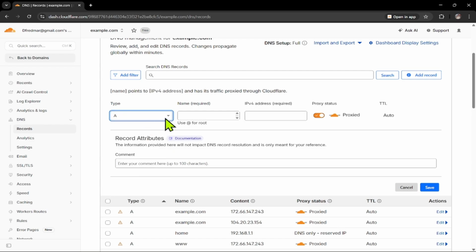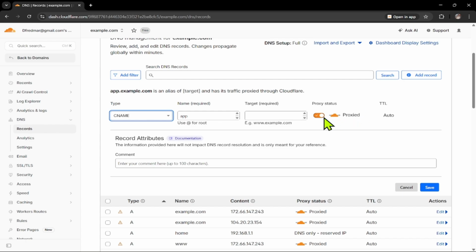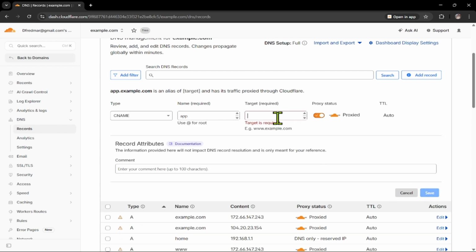points to another hostname. In the name field, enter only the subdomain part. For example, enter blog, not the full domain. Then enter the correct IP address or target hostname for your website. Before saving, make sure the proxy status is turned on. The cloud icon should be orange, which means the subdomain is proxied through Cloudflare. Now click Save. Next, go to